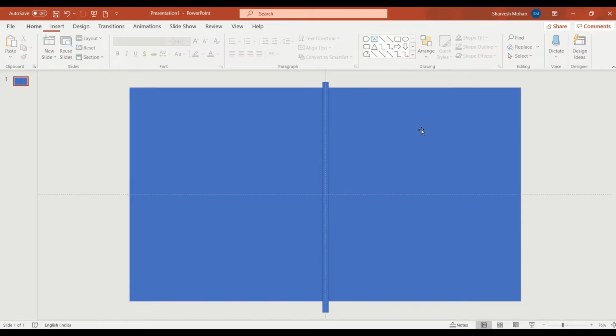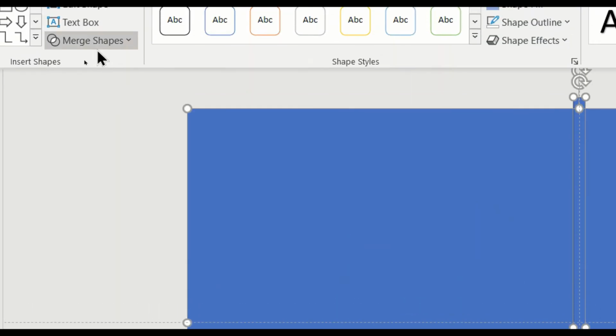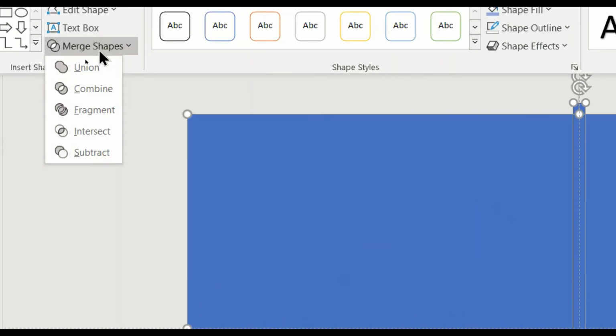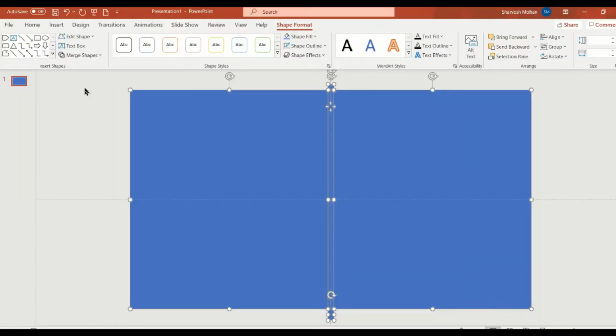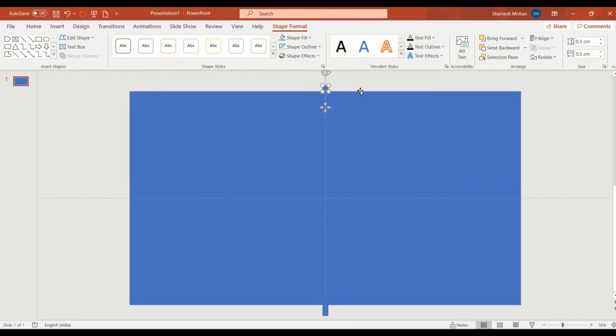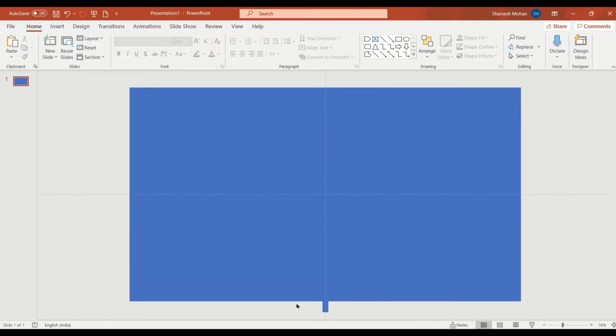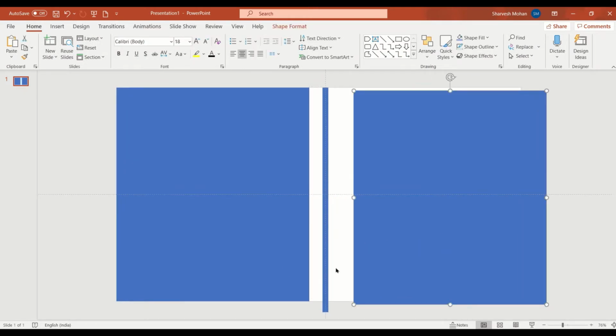Now we have to click both the shapes, go to Merge Shapes and select the option called Fragment. This will fragment the picture into 3 shapes. You can see there are 3 shapes there.